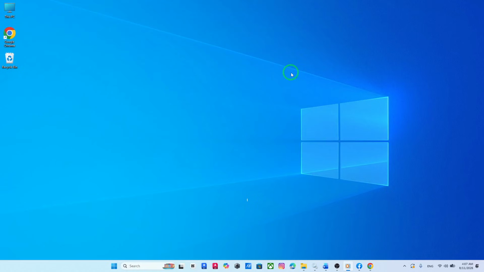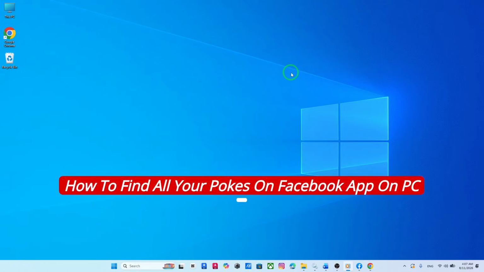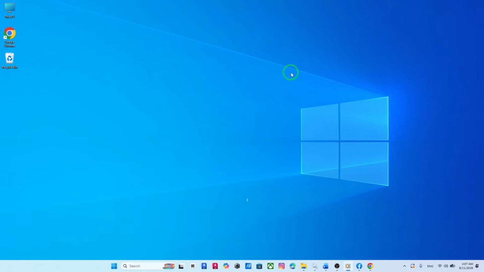Welcome. If you've been trying to find all your pokes on the Facebook app using a PC after the new update, you're in the right place. In this quick guide, I'll show you exactly where to go so you can check your pokes without wasting time